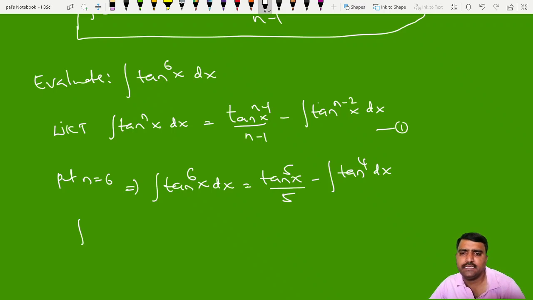So integration of tan to the power 6x dx is equal to tan to the power 5x by 5 minus